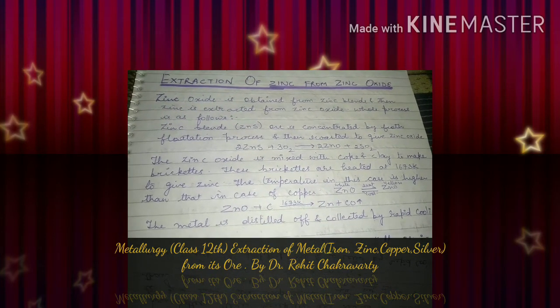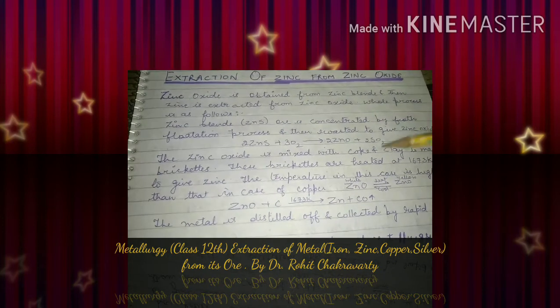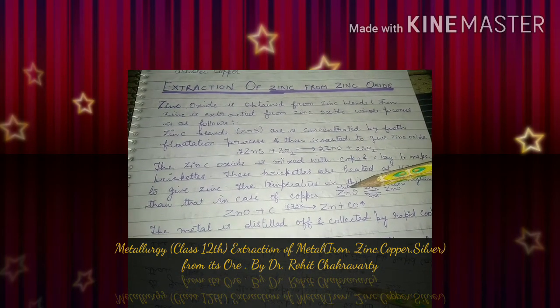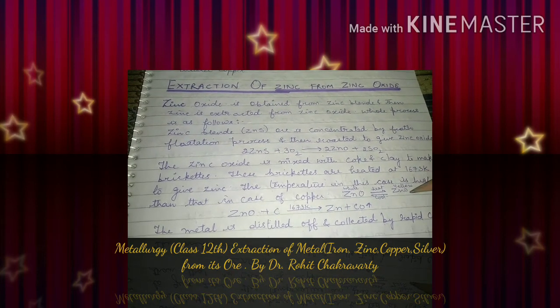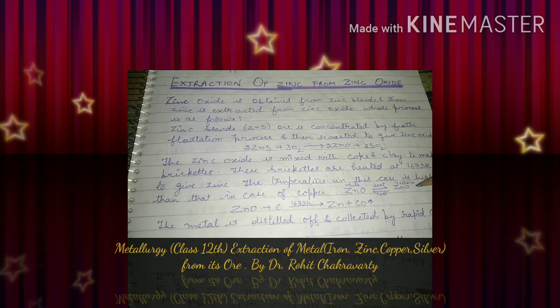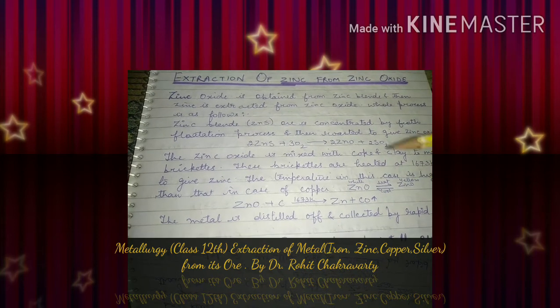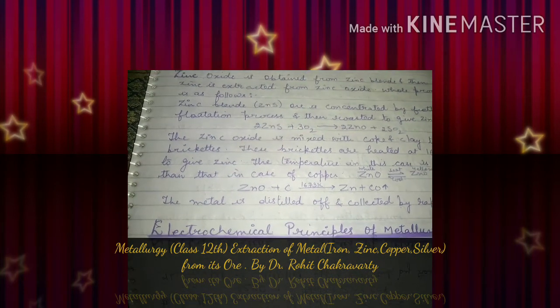And this is a very important point written over here: zinc oxide, when cooled to room temperature, is white in color. When it is heated, it remains zinc oxide, but it will be yellow in color. So there will be a transformation of color also. This is an important point to remember.